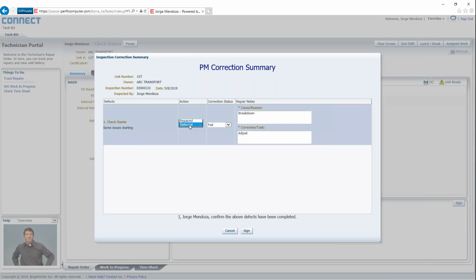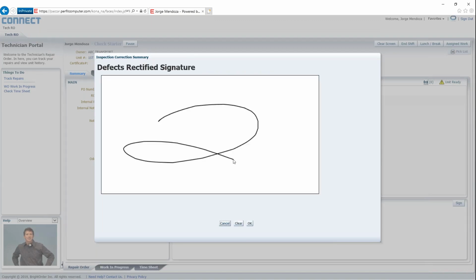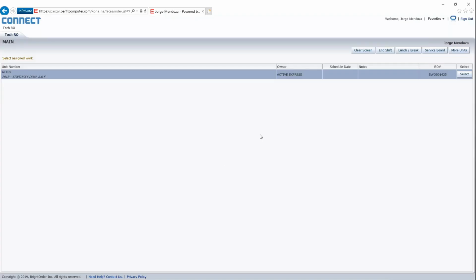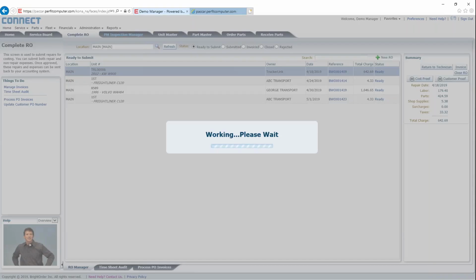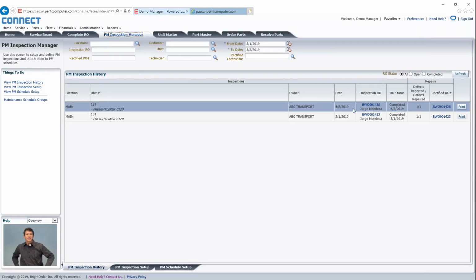Okay. In this case, we'll indicate that this starter was repaired. Okay, so I'm going to indicate this is done. All right, and now that unit has been completed, and the tech can now work on another unit. So if I log back in as a manager now, if I go under my PM Inspection Manager, I will see this defect, this PM report that I just created. So if I click on Print over here,